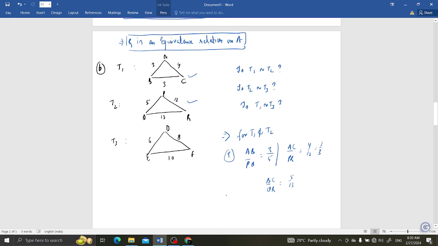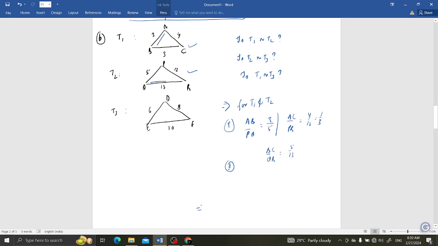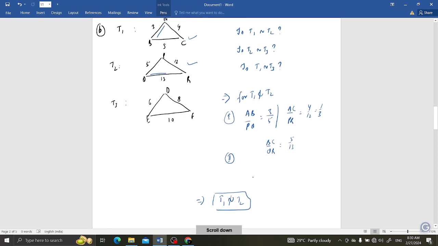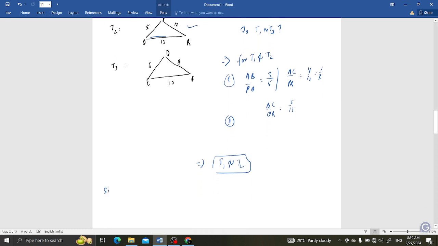In this manner, if we are checking, that's your homework, you need to check. That's the first case, the second case, and the third case is with this AB and this QR, and then different cases. So we can check all the cases. In all the cases, it is not similar. So clearly from all these cases, T1 is not similar to T2. Similarly, T2 is not similar to T3,